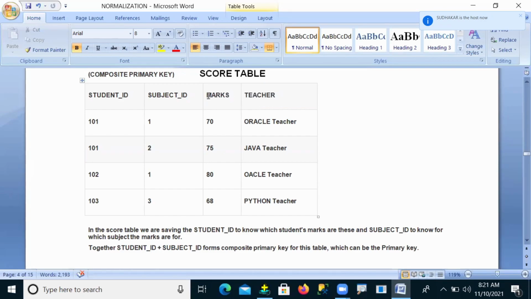Suppose first of all I want to check the marks column. Now tell me, guys, is this marks column depending on only student ID, or only subject ID, or on both? Think and tell me.